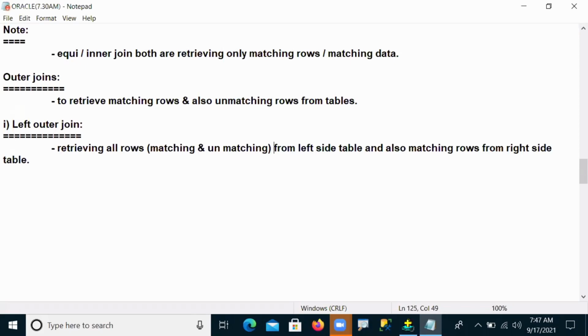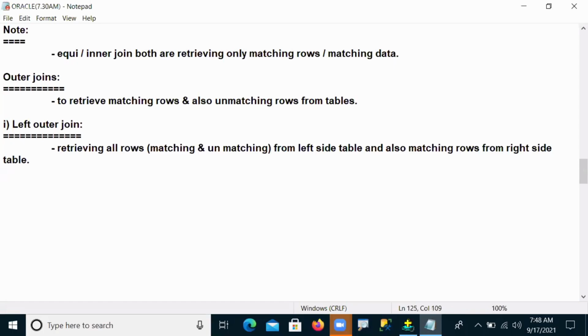Complete data from the left side table: it does not matter how many matchings or unmatchings are there, the complete table is retrieved from the left side. But from the right side, only matchings we are getting. This is the nature of the left outer join.